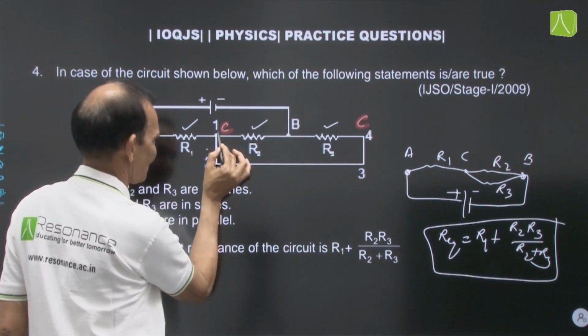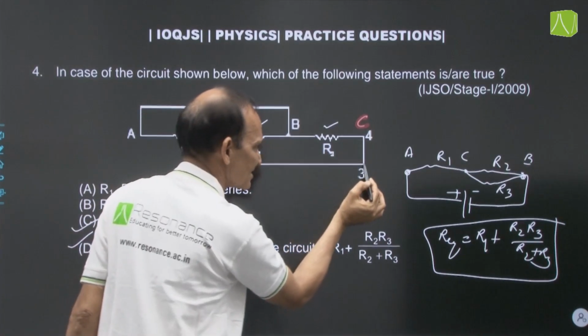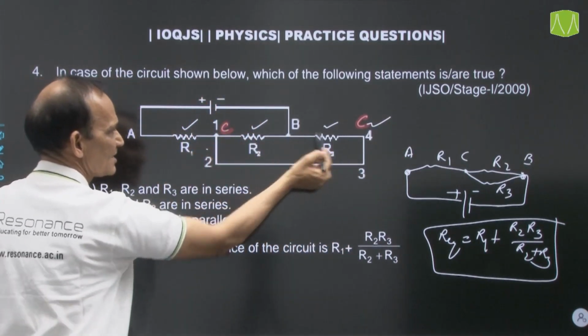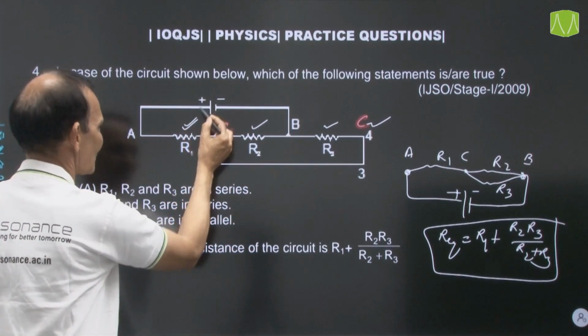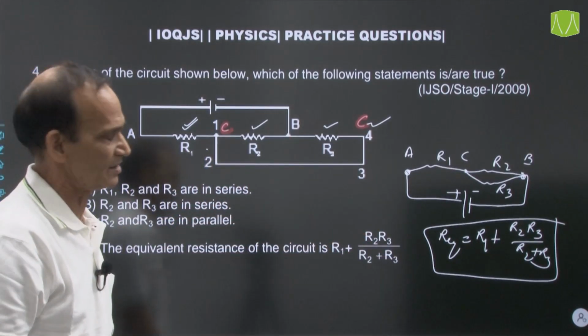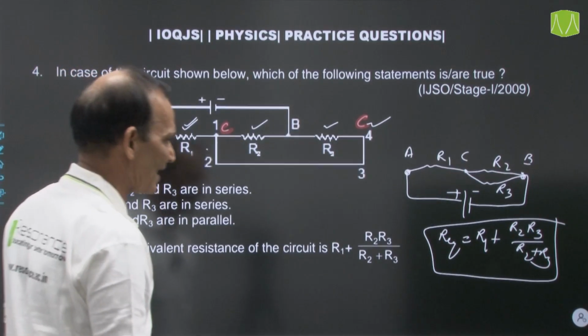Now think about this, C. It is C, a new point I have given. If I go from here, there is no resistance, so it will also be C. Now it is C, C and it is B. Now think about this: R1 between A and C, R2 and R3 between B and C, they are connected, and R2 and R3 are connected in parallel. We can easily find it. Okay, now the next question is